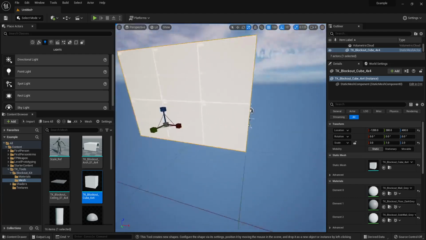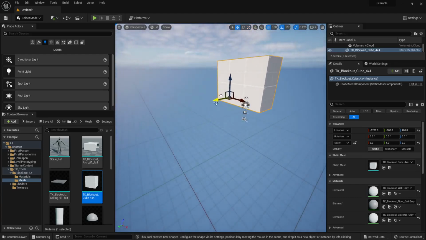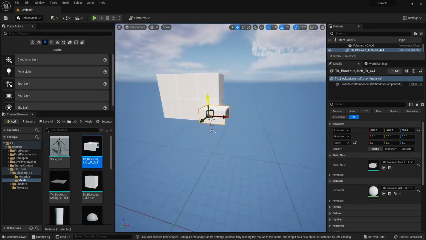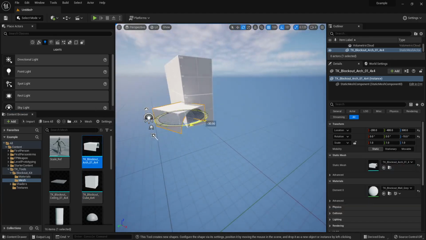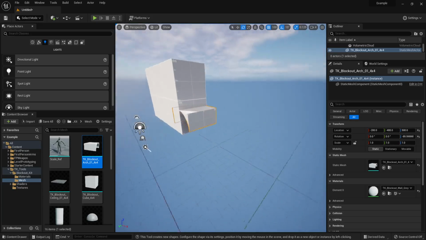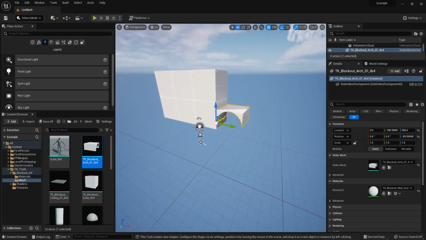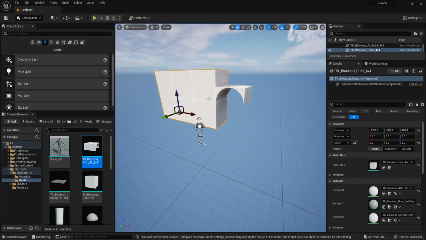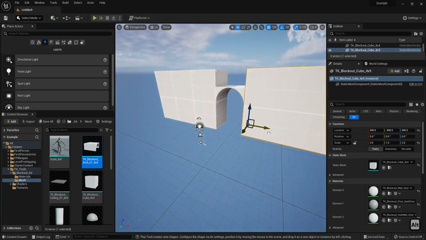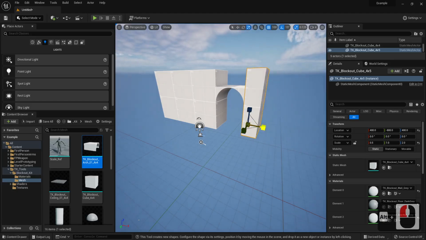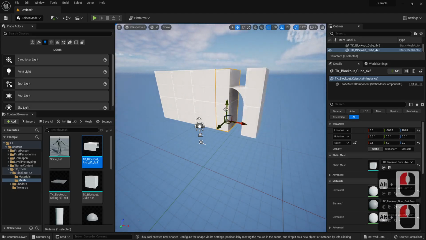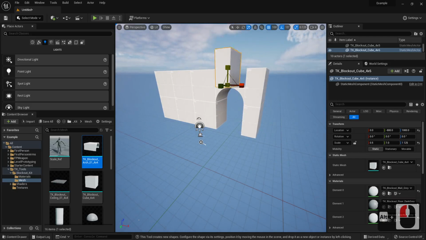So for example, we put this wall here, and then we can do an archway. And make sure you have the grid enabled for most of the time, just to get used to working with the grid. So just let your imagination flow, and